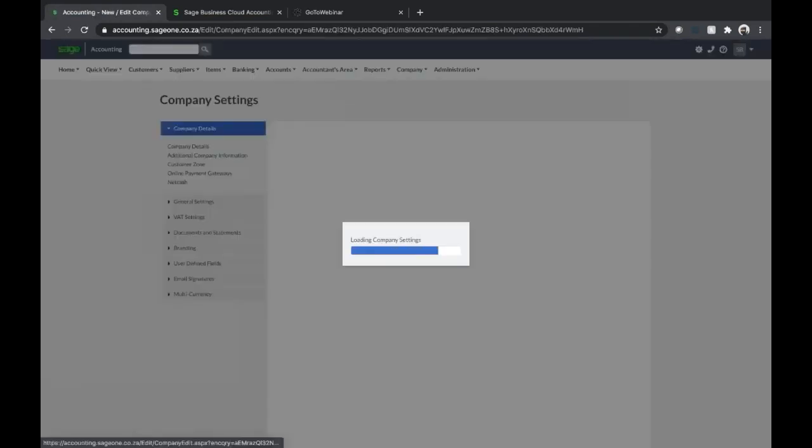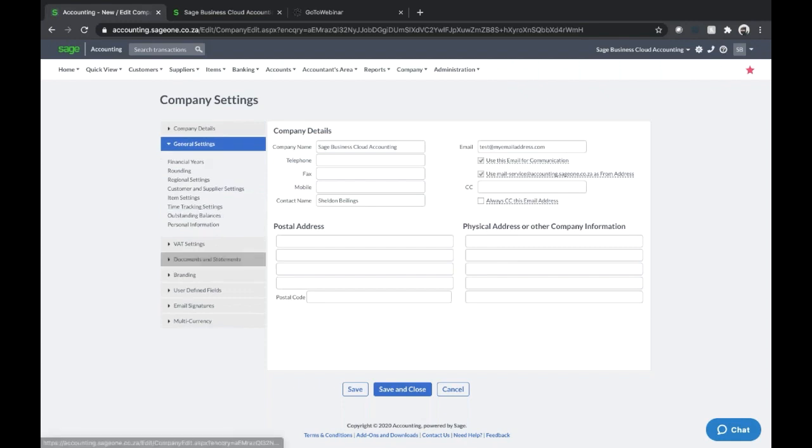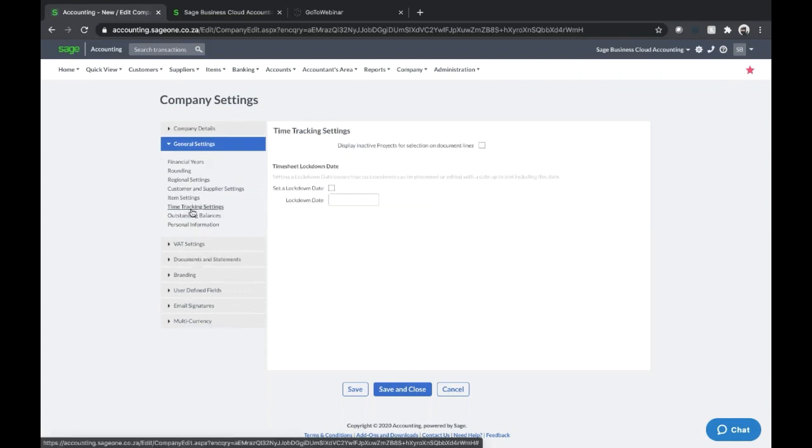Coming back into the company setup itself and going back to my general settings, you've got your time tracking settings. This again is an additional module in the accounting application, which we're not going to be having a look at today. But if you are billing for your time, if you are working on specific projects and you're billing for your time, accountants, tax consultants, possibly photographers, whoever it may be, you're able to use the time tracking module in the accounting application, where you're able to set up projects, able to set up tasks,